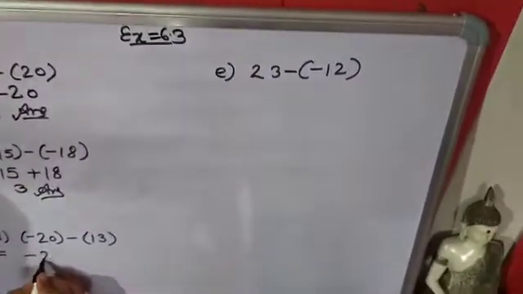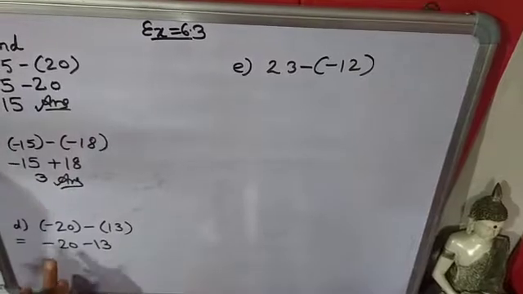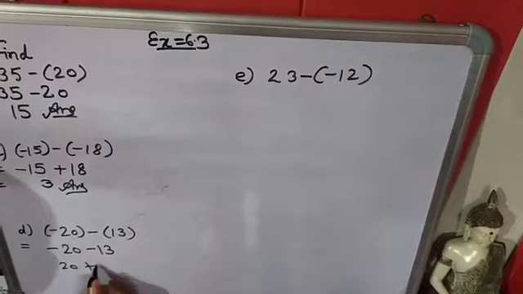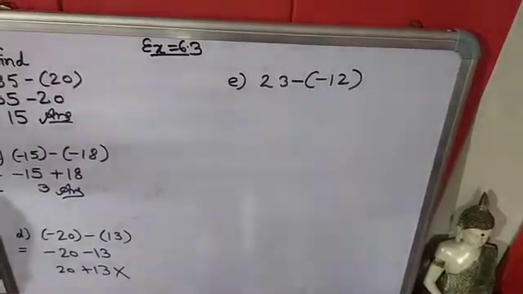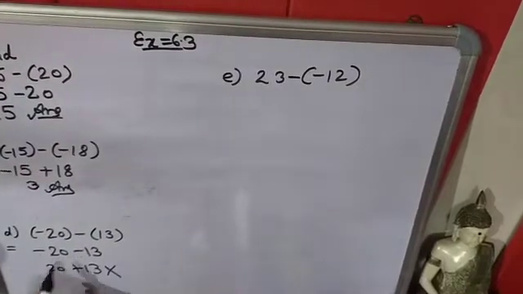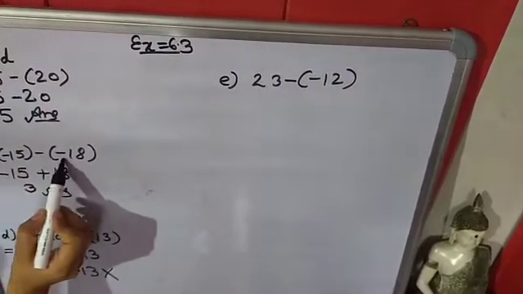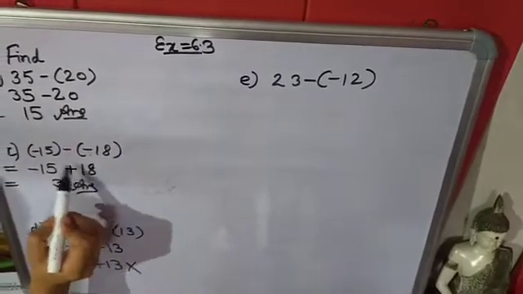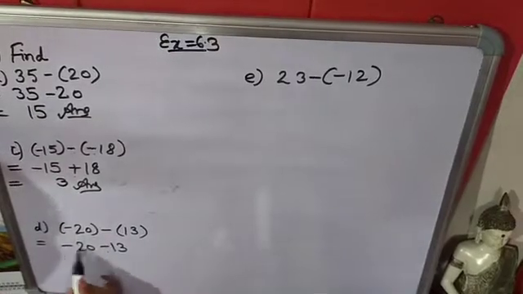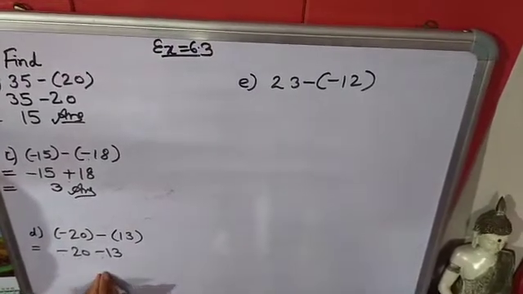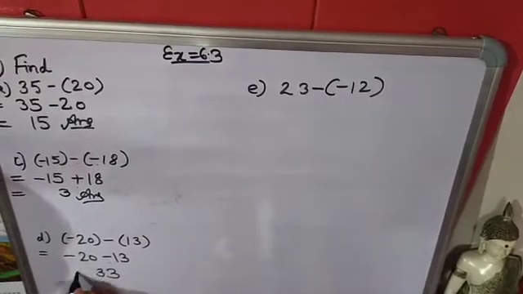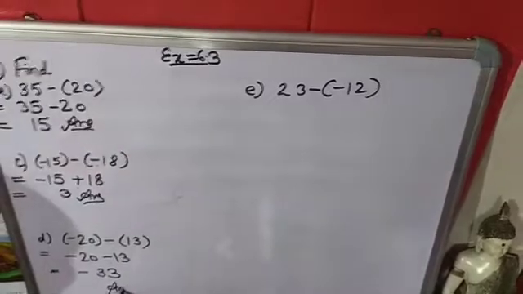Again open the bracket. Now again minus minus plus. But we will note, if you write like this it is wrong. You will not write this. Why? Because there is integer between 2 minus. When there is no integer between 2 minus, then you have to write the sign of plus. But if there is integer between 2 signs, then minus minus plus, only add it. Write the sum. Sum will be 33. And 2 minus are there. So in answer, minus will come.